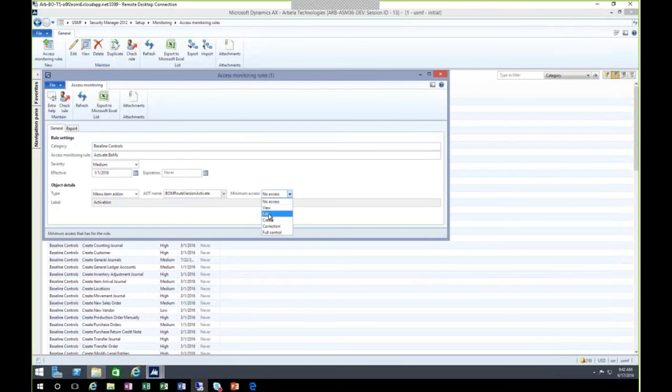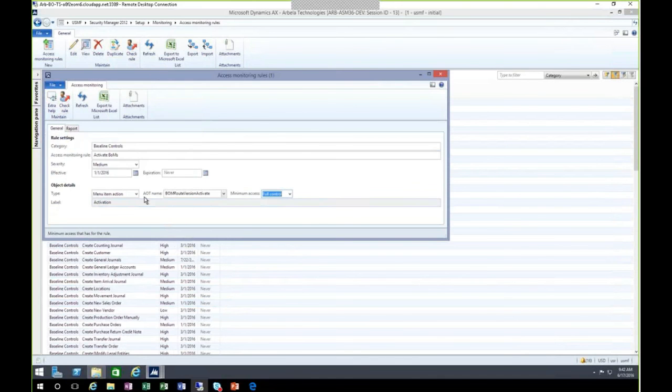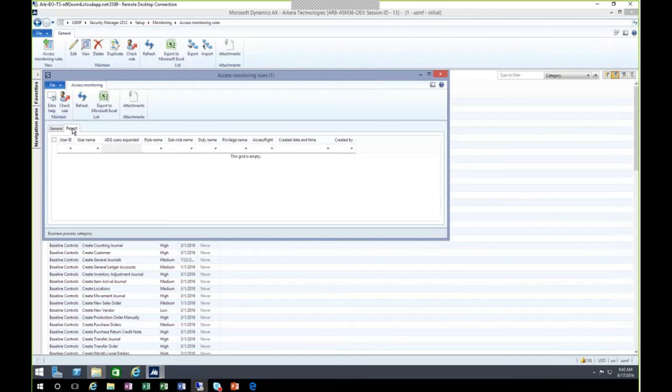Let's say we only want to track who can activate bombs, and the level of access to click that button or to use that function is full control. Then when I run check rule, it's only going to return the users who have full control with the privilege that gives access to activate bombs. And if any records were returned for users who can access, you'd be able to view it for this particular access monitoring rule here.